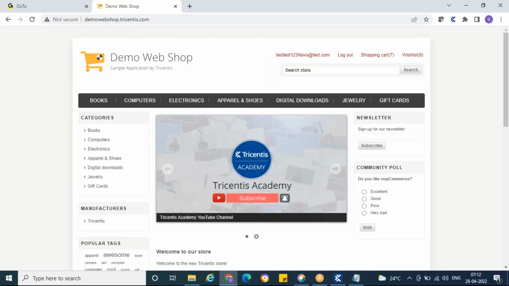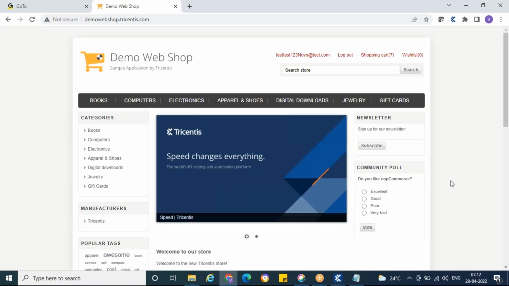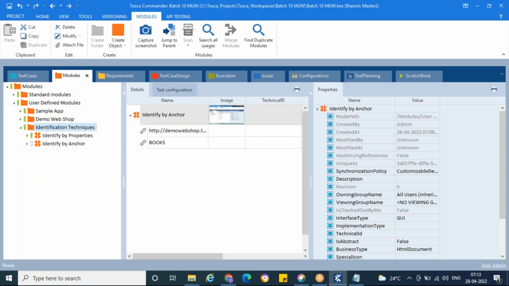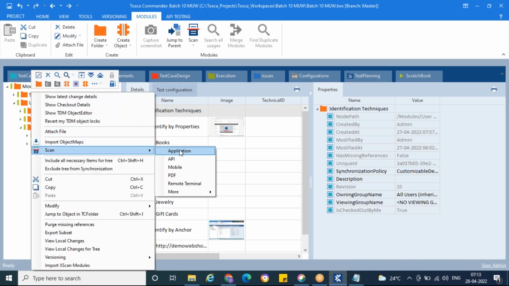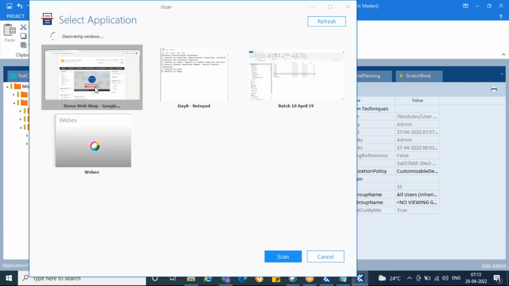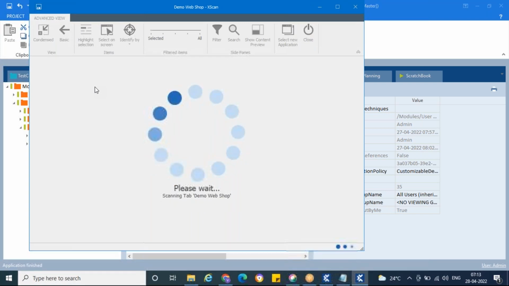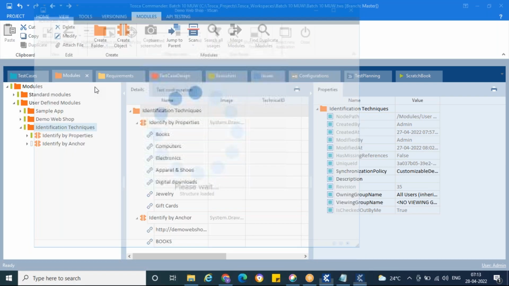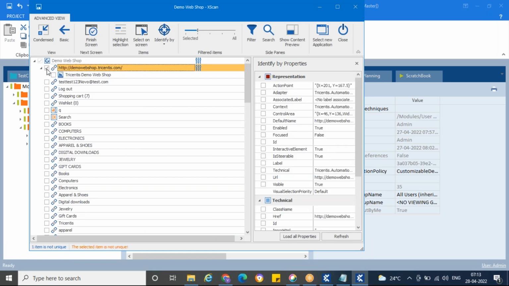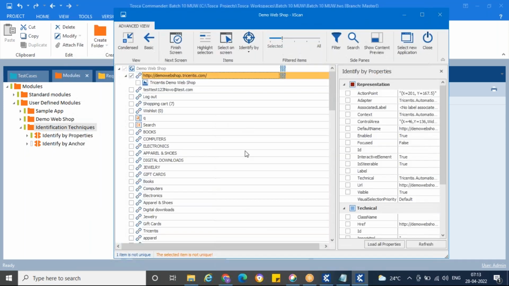Now let me explain to you how to identify using index. So even for the same thing, go scan application. Okay, so same thing I will take, same object. See, that is not uniquely identified, right? And